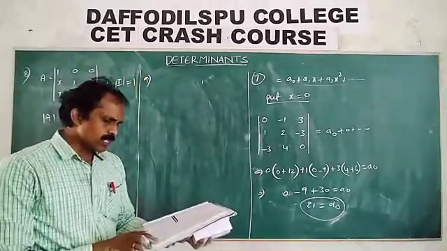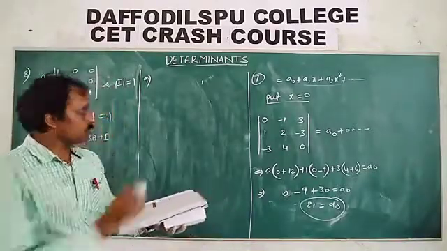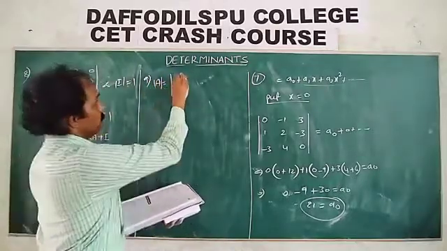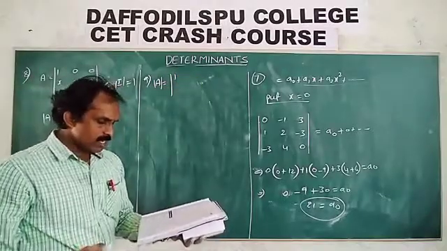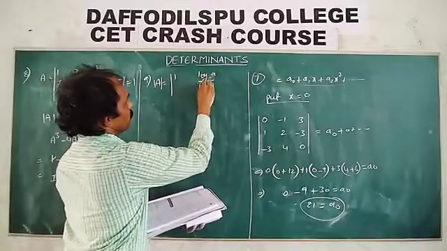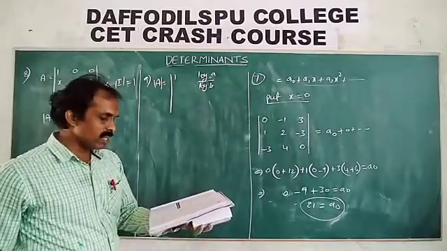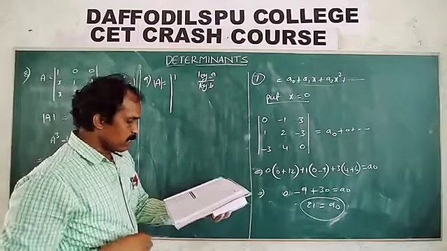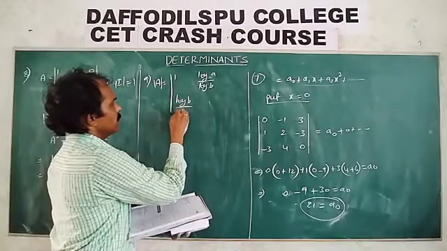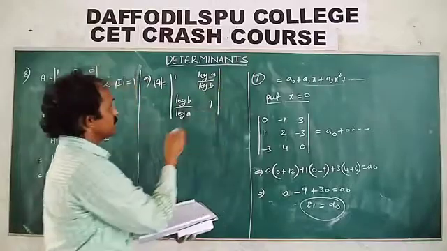A is equal to some matrix given, then determinant of A is equal to... 1, log A to the base B. Change base formula. You can write like this one. Log A by log B. This is the formula. Log A to the base B, log A by log B. Third element, log B to the base A. This also change base formula. Log B by log A. Right? 1. Okay, that level.